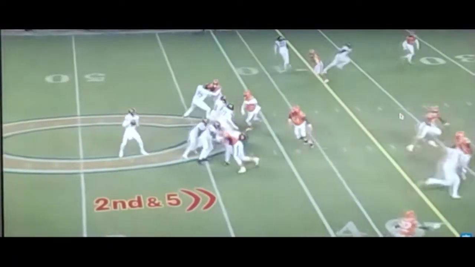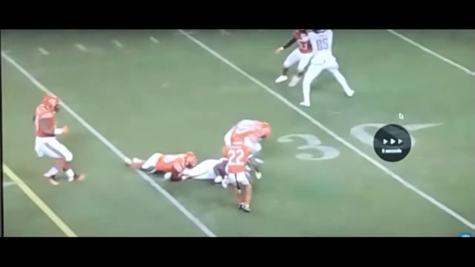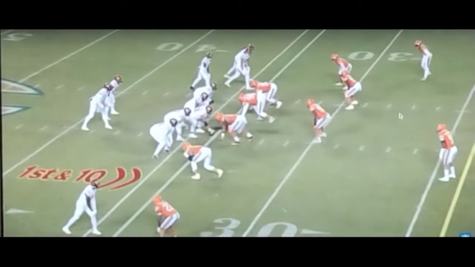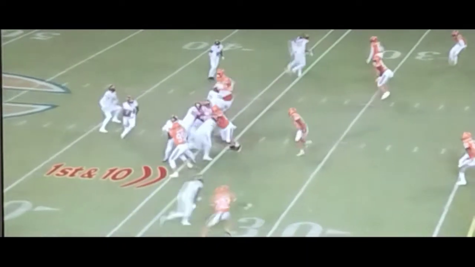Both DNs play patty cake. Literally, they're both playing patty cake. Wide open. This should be an easy first down if he cuts upfield. I thought he was going to let them tackle him for a second, guys. I was scared for him because I was about to let him have it. So on this play,